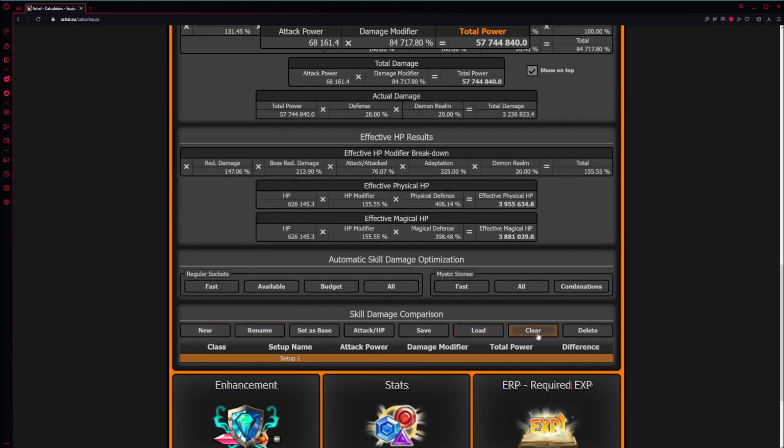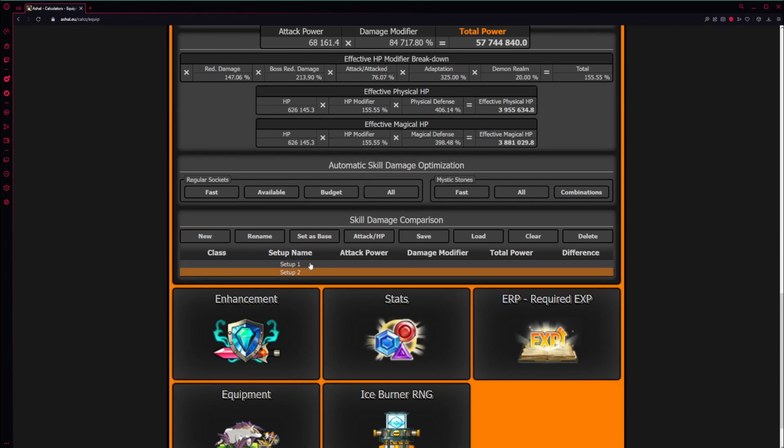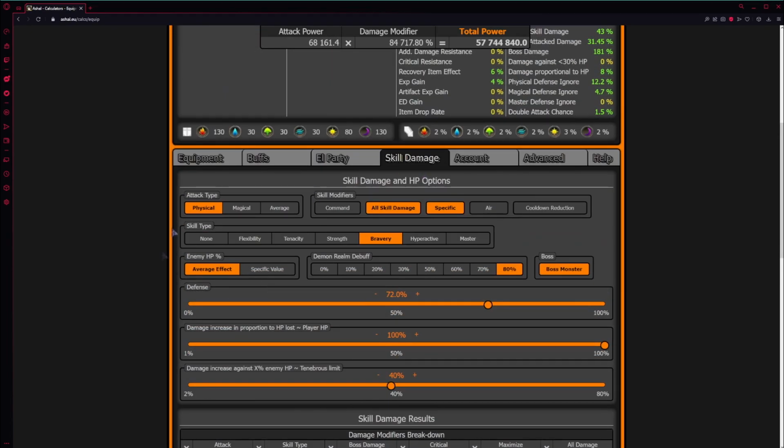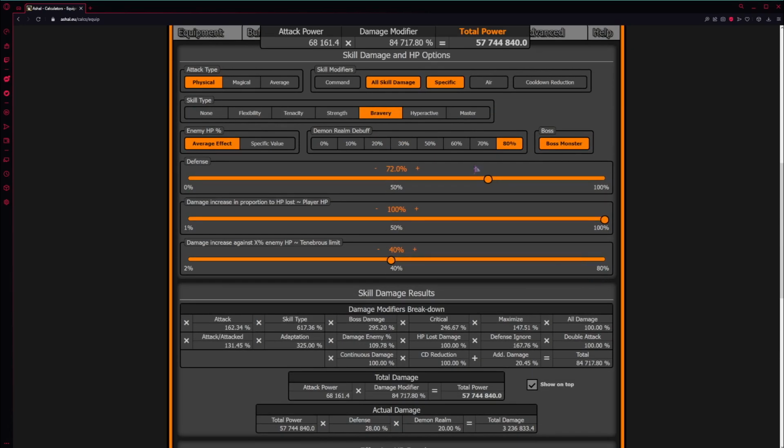Now you can check your skill damage comparisons here. So we can say, new, there's a different setup, and this is just saving all of this. So you can see the attack HP, oops, save, there we go. So now you can see I have Revenant here. Let's save this one. Well, let's see, so this is for Verthe, right? Let's say we're at Rosa.